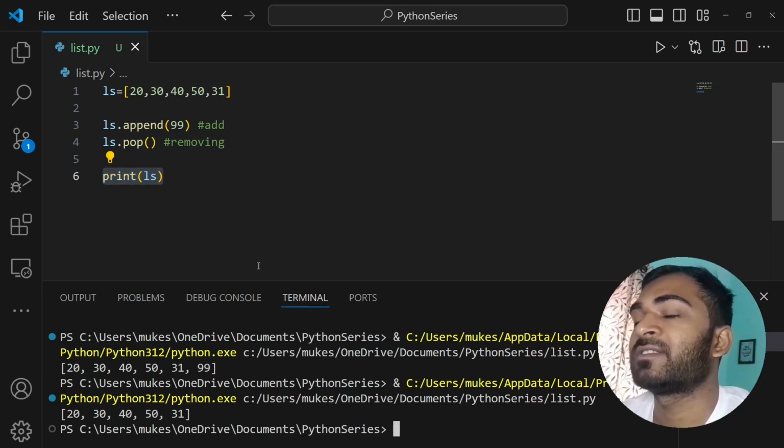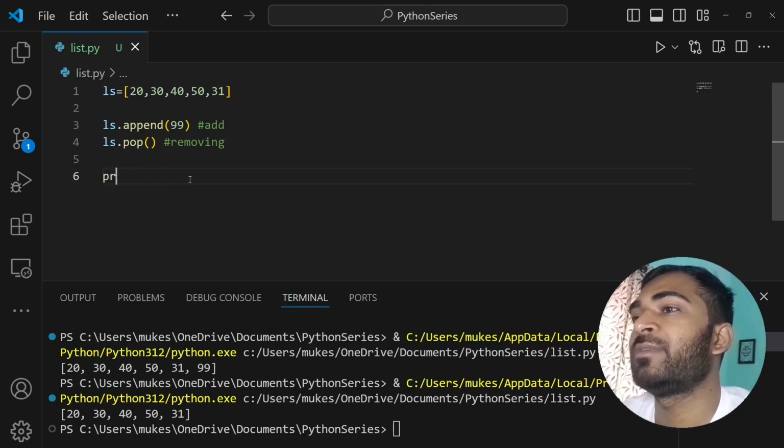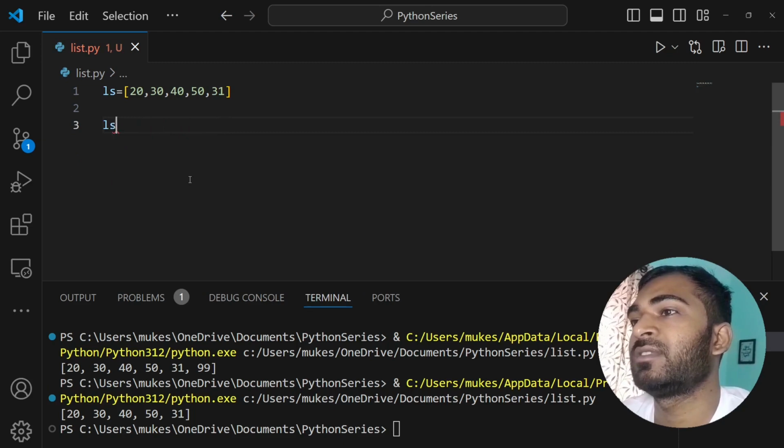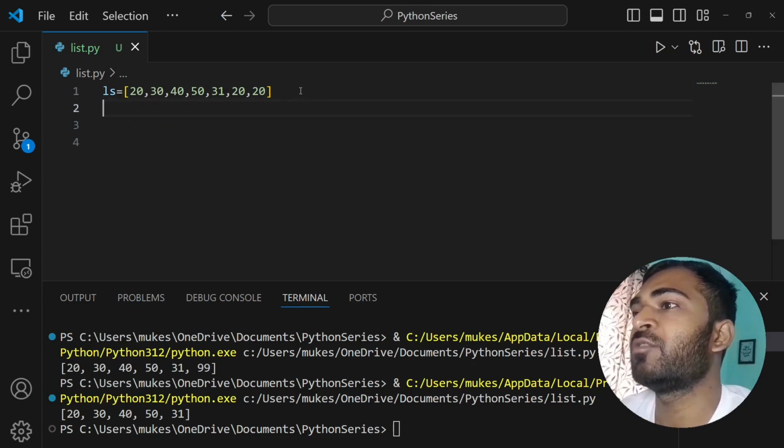Also, you have some other functionalities, like you can count. Imagine you have duplicate elements here: 20, 20. You want to count how many 20s there are.